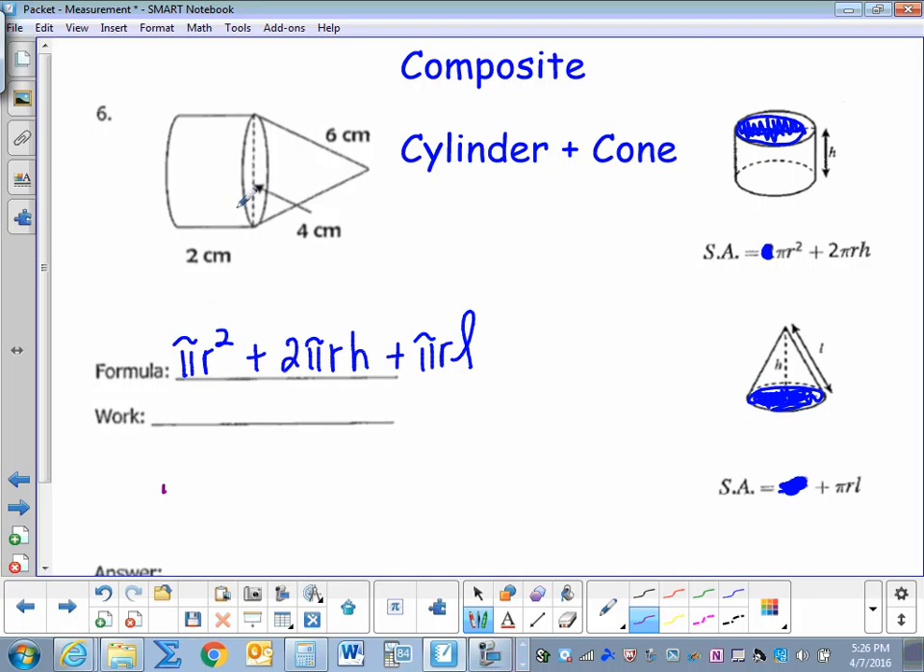So let's go back to our figure here and label the numbers. 2 here represents the height of the cylinder. 4 is the diameter, but we need the radius, so let's cut that in half and say the radius is 2. And 6 is the slant height. So pi times the radius squared, so the radius is 2, so 4. So we have 4 pi